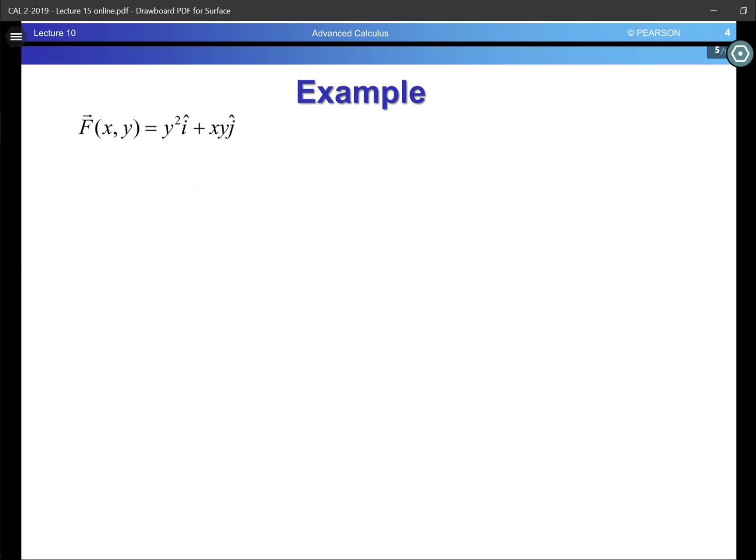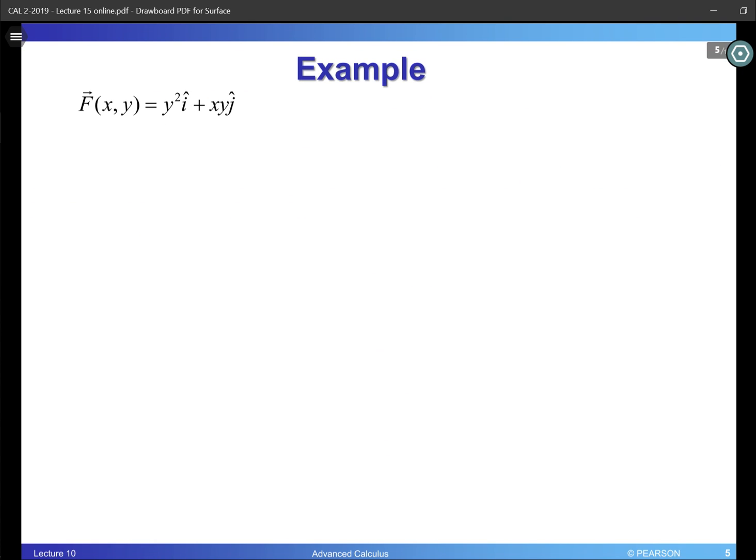Okay, now let's take a look here. One more example about Green's theorem. So I give you this vector field right here, F equals y squared i plus xy j, and I ask you to find the line integral of this F along a curve C, where this C is a square cut from